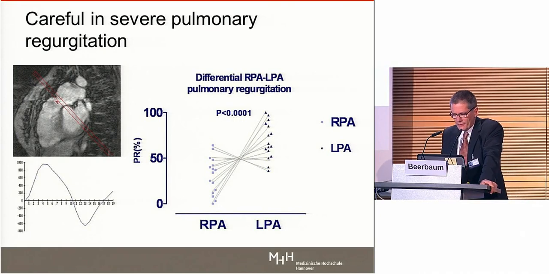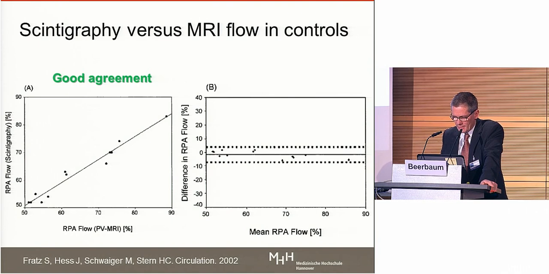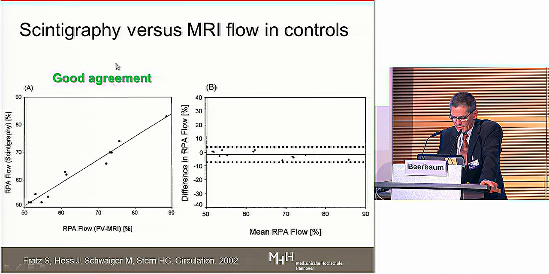Methodologically, you have to be careful about a few things. If you have a tetralogy patient with significant severe chronic pulmonary regurgitation, that, as you can see here, happens more often through the RPA than the LPA. And if there is a big difference in pulmonary regurgitation between the two branches, then your scintigraphy scan might be inaccurate. As seen here in patients where there's a normal serial circulation after heart repair, with no significant regurgitation of valves and no mixing between the ventricles,